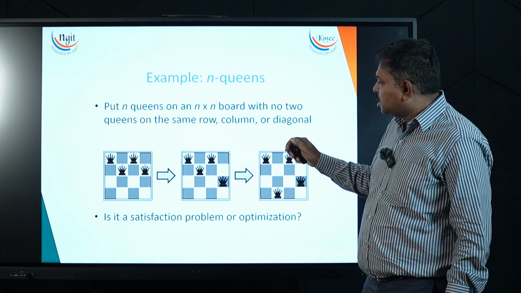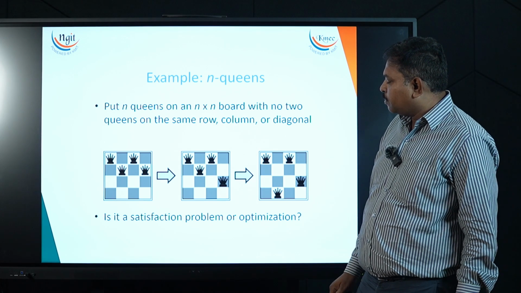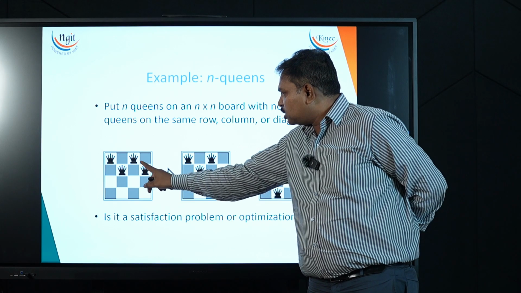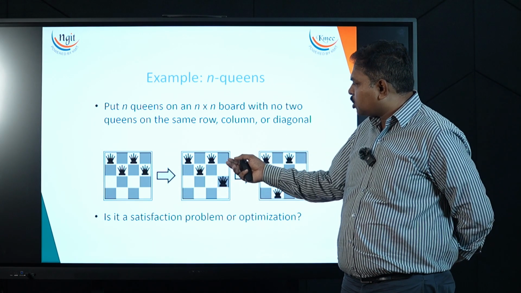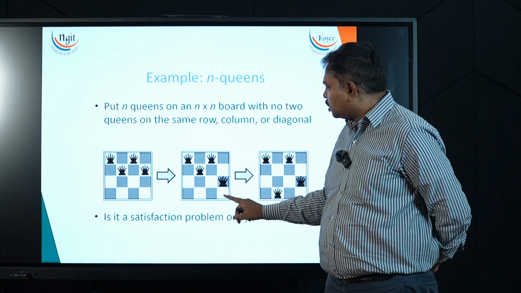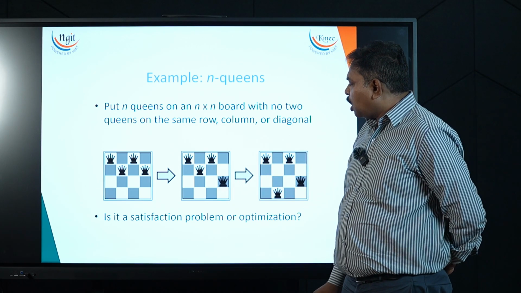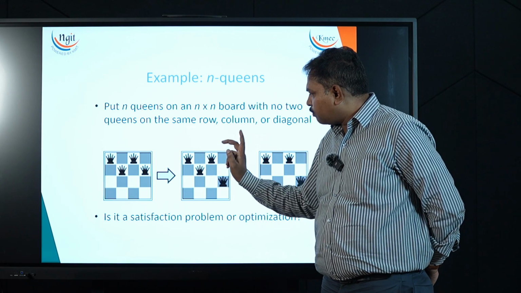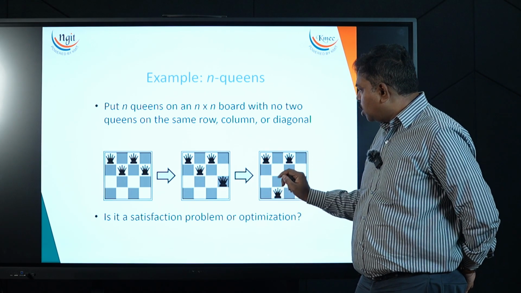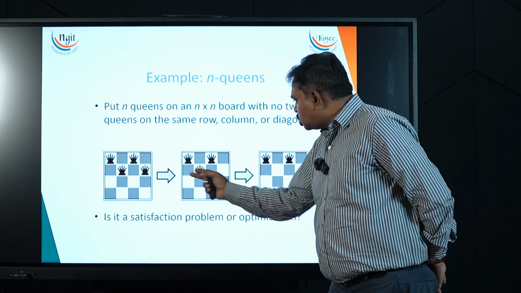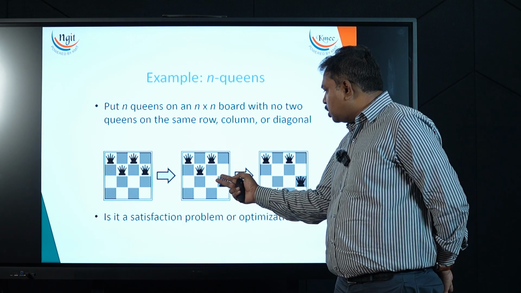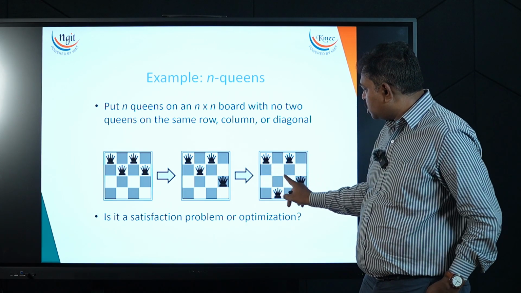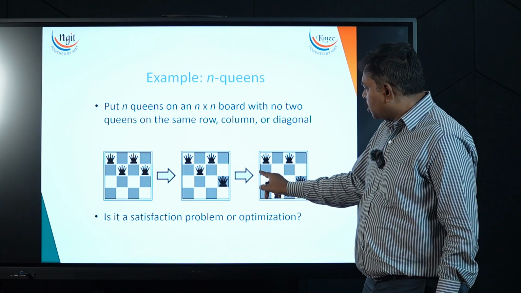But in local search algorithms, rather than exploring entire possible solutions, first I take the initial state, and take one neighbor state, meaning a small change to this initial state, that means I move this queen. Now I check whether this solution is reaching the objective function or not. Then I make another move, a small change in two queens, and I am able to reach my goal state, where you see there are no two queens in the same vertical line, horizontal line,